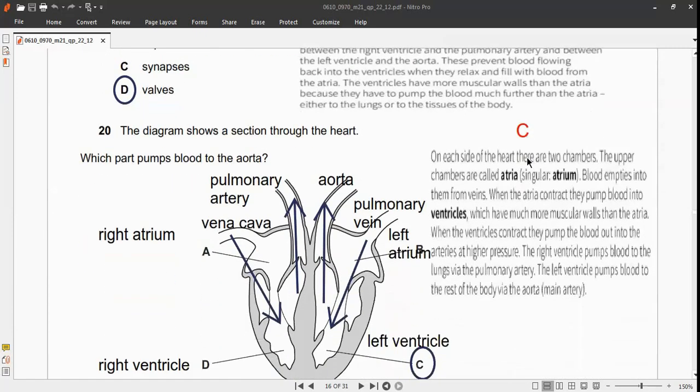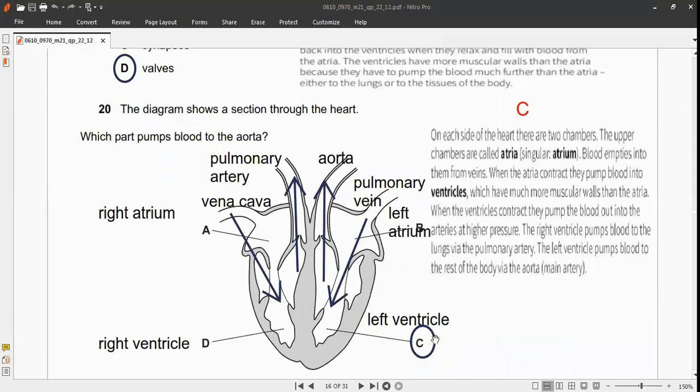The diagram shows a section through the heart. Which part pumps blood to the aorta? Yes, C, the correct answer is C, left ventricle. On each side of the heart, there are two chambers. The upper chambers are called atria. Blood empties into them from